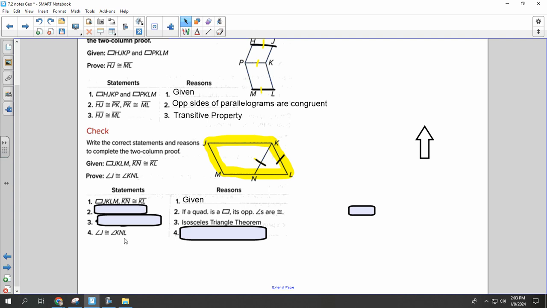So we want to really focus in on J. Which angle is opposite J? Oh, that's right, L. So angle J is congruent to angle L. The isosceles triangle theorem says that angle L